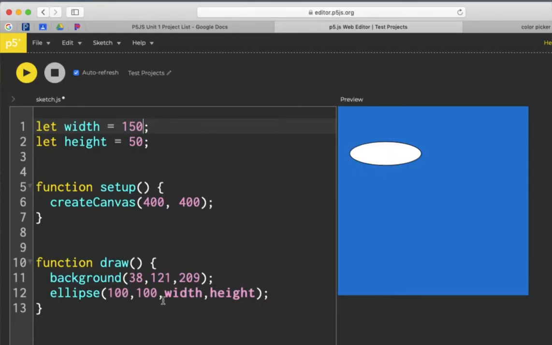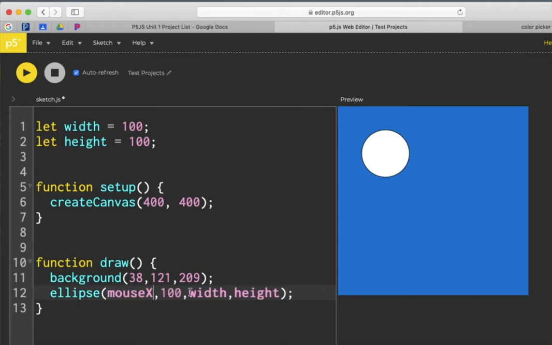One of the other things that we looked at last week, let me change this back to 100 and 100. One of the other things we looked at was using the mouse coordinates inside the canvas to make things move. So if I change my X value for the location of the ellipse to the mouse X, so I'm using the mouse coordinate for X,